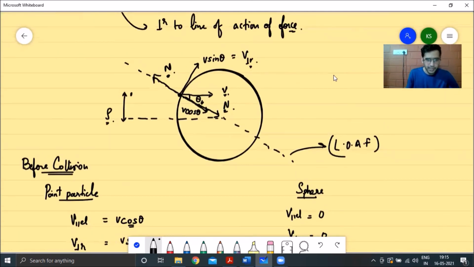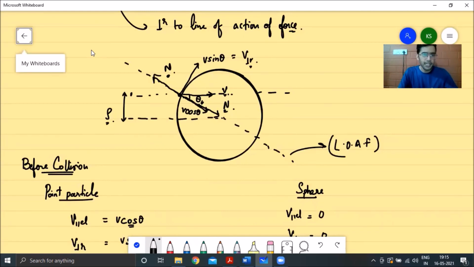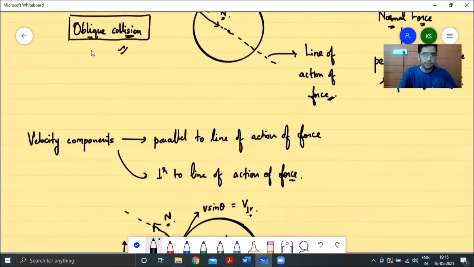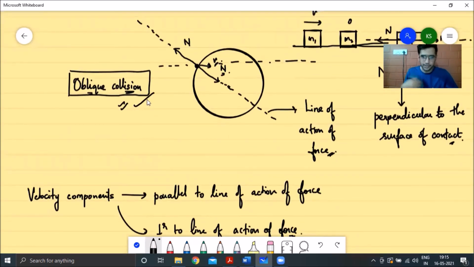During the collision, we see that the force which this particle exerts on the sphere will be along the radius, right? Because we know that normal force should act perpendicular to the surface of contact. So this was your line of action of force, and the velocity of the particle was in a different line than your line of action of force. This was a line of motion, whereas this is your line of action of force. So whenever the line of motion of the particles is different from the line of action of force, we can conclude that we are dealing with what kind of case? We're dealing with an oblique collision case. So that's the first part, identifying whether it's an oblique collision or a head-on collision.